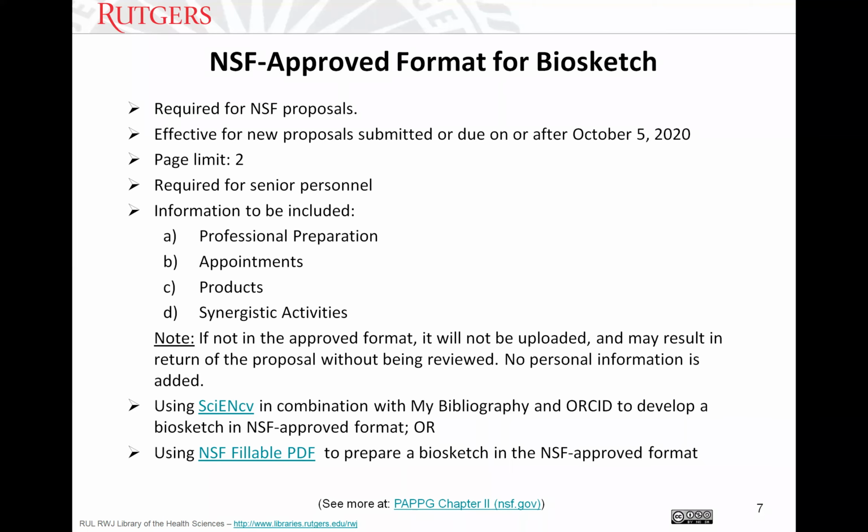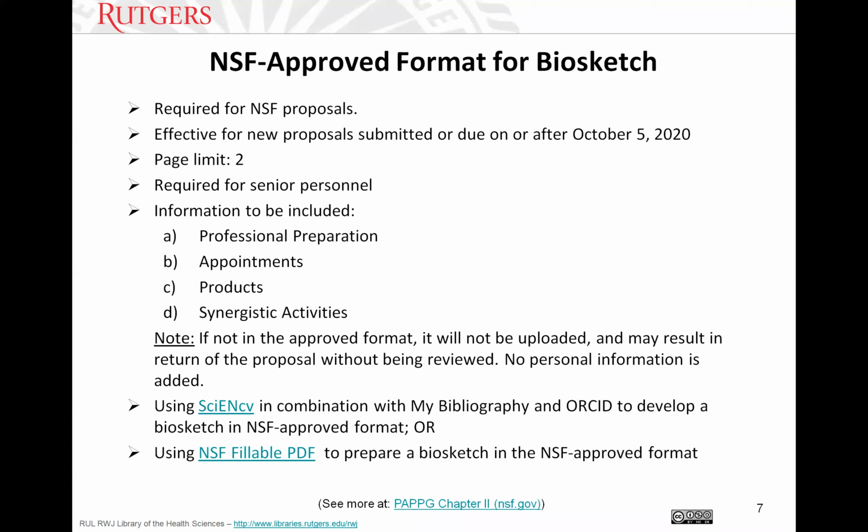The number of pages for NSF Biosketch is 2 pages, shorter than the NIH one. It is required for senior personnel. All those individuals who are identified as senior personnel need to